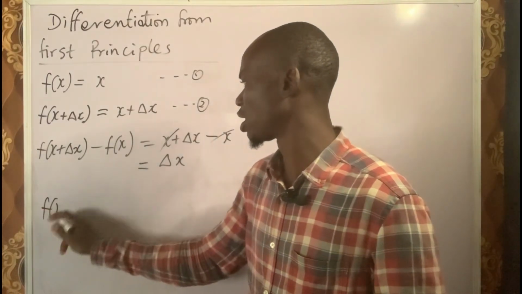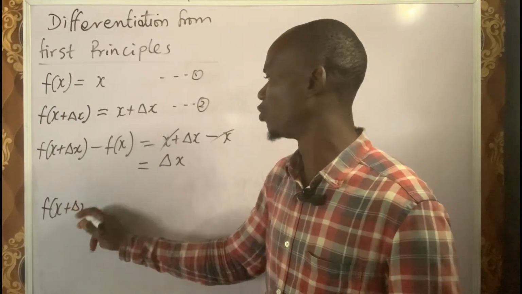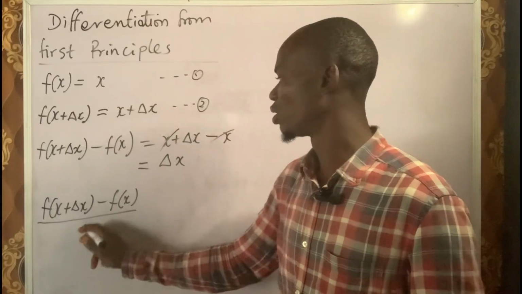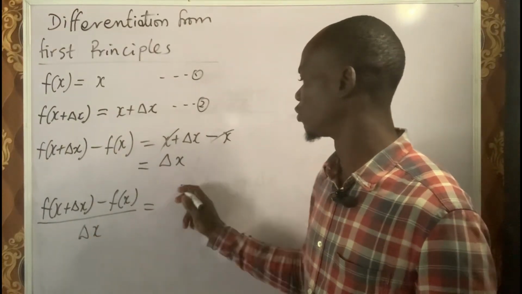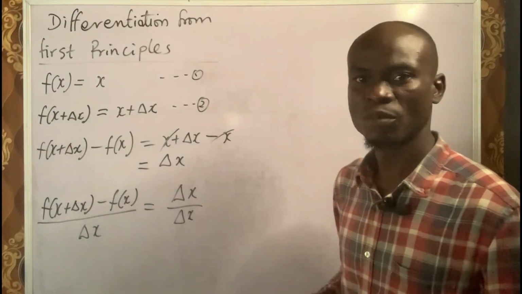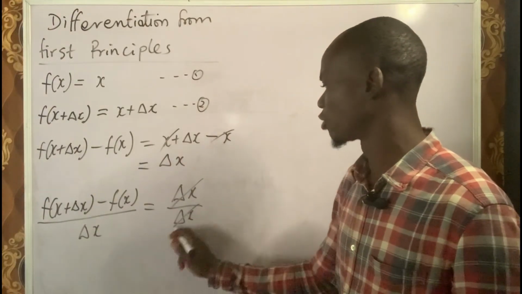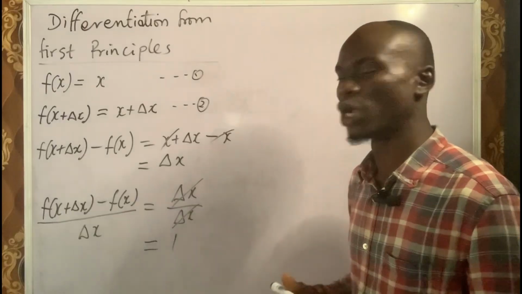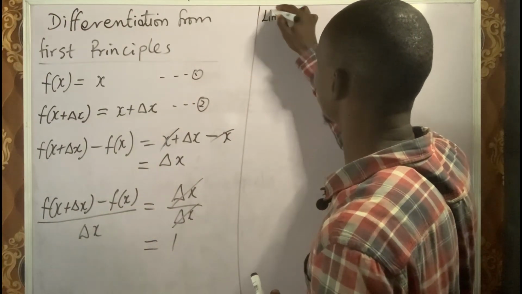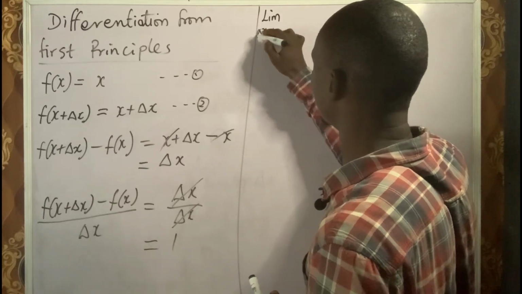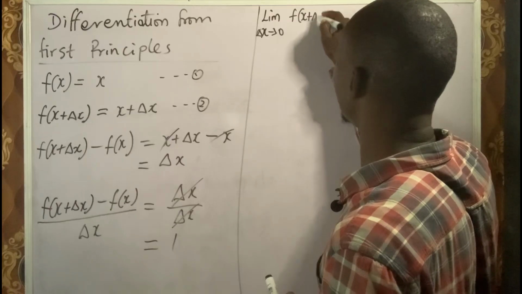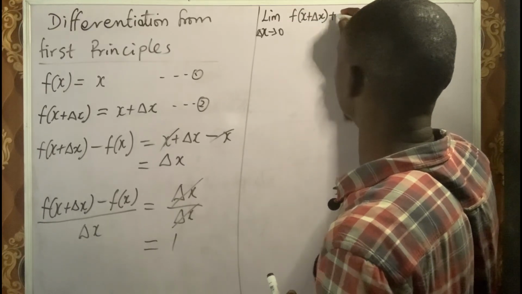The fourth step says everything in step 3 divided by delta x. Do the same thing for the other side, delta x over delta x. Okay? So at this point, delta x can cancel out delta x and it will give us 1. So the next step, we're taking limits as delta x tends to 0, f of x plus delta x minus f of x over delta x